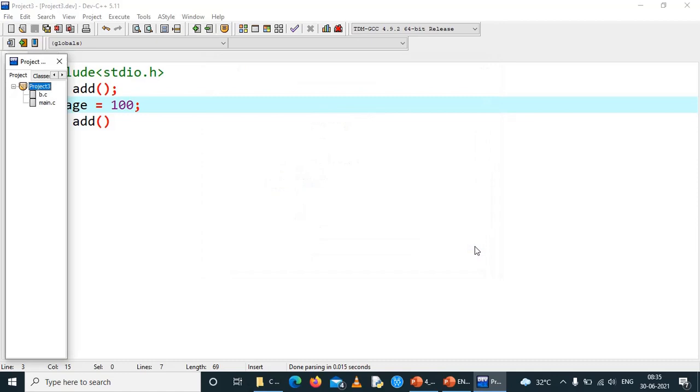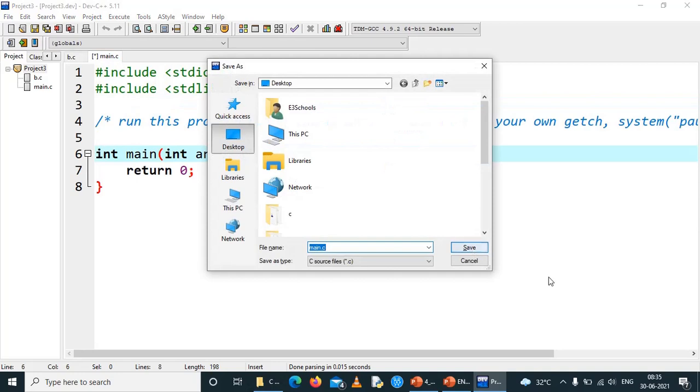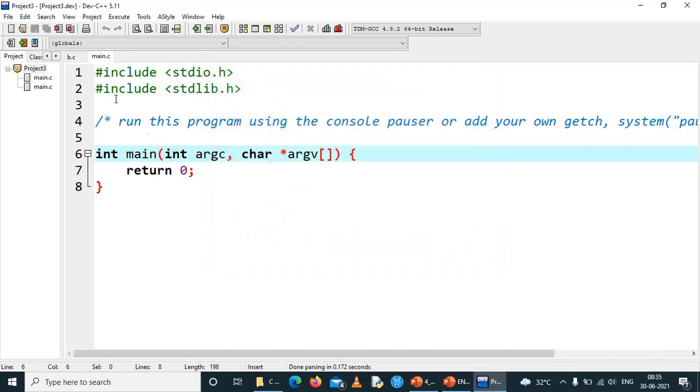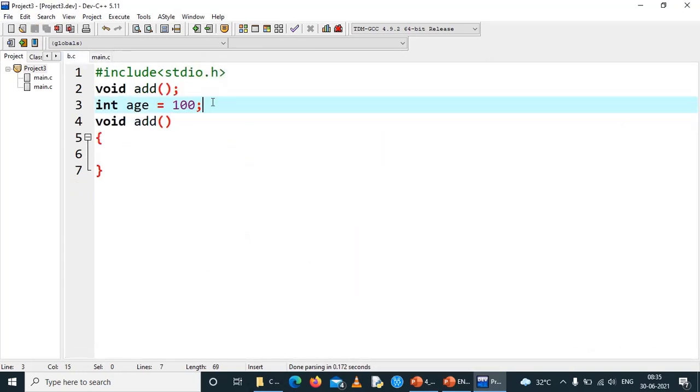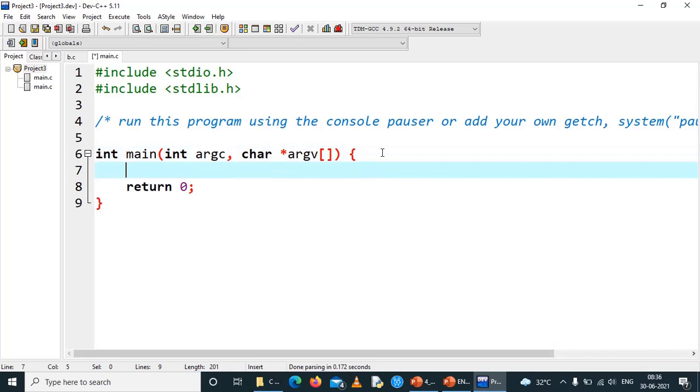Now the main file and the b.c file are present inside the same project. Now what we can do is, in main.c, we have a global variable in the b.c file. I'm going to access that global variable from the main file.